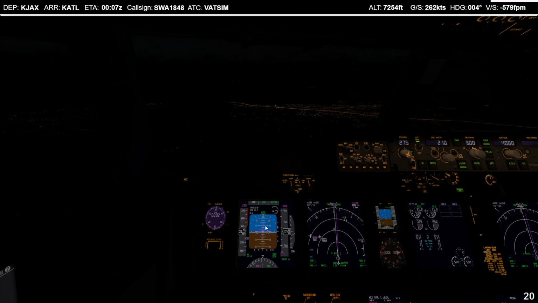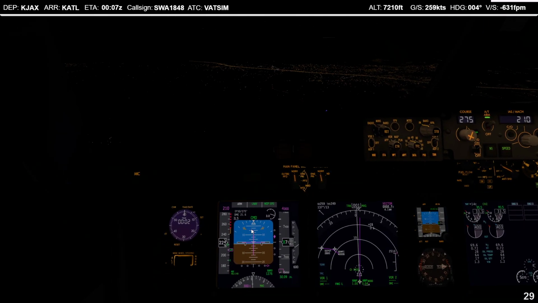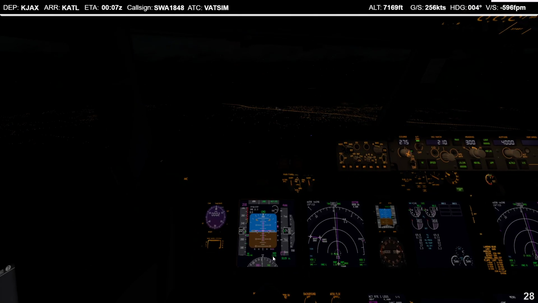Alright, so you guys can see we got our glide slope IFSQ, just like we said there. And you can see we have our, let's go ahead and put in some speed brakes so we can get